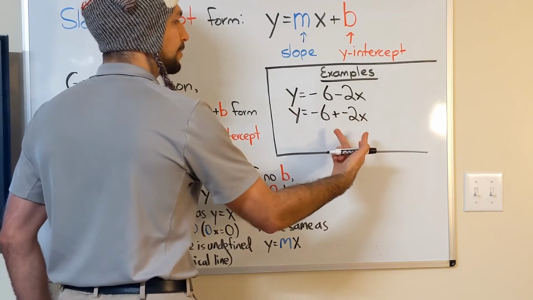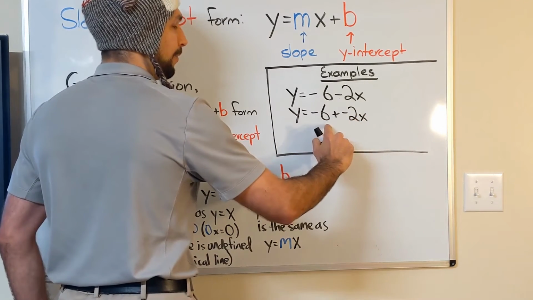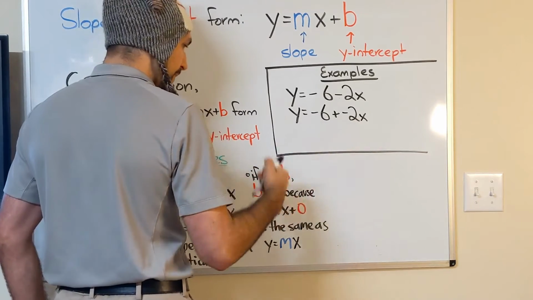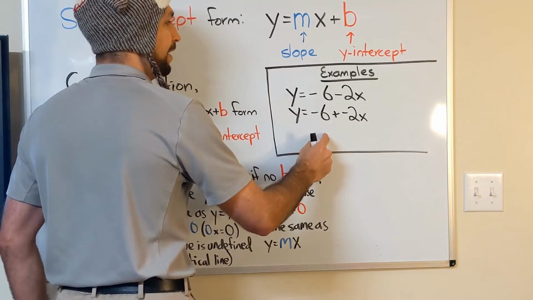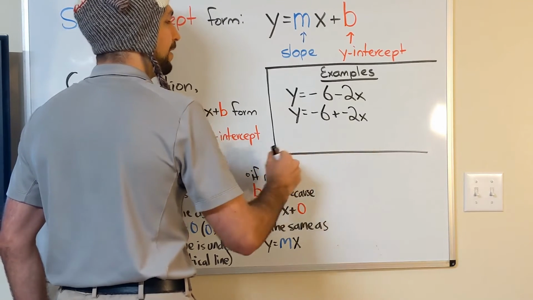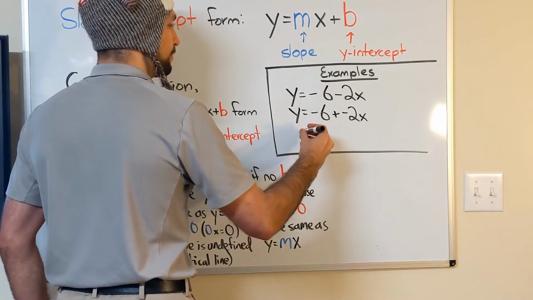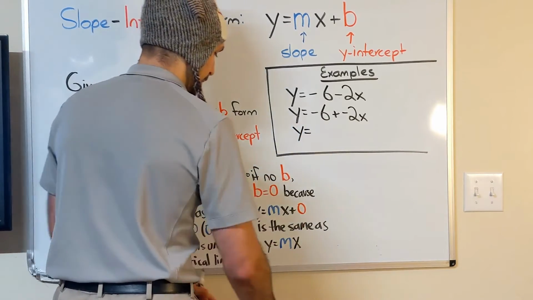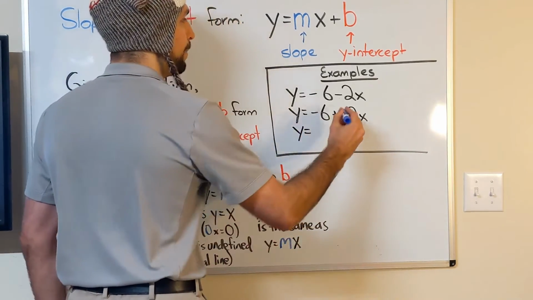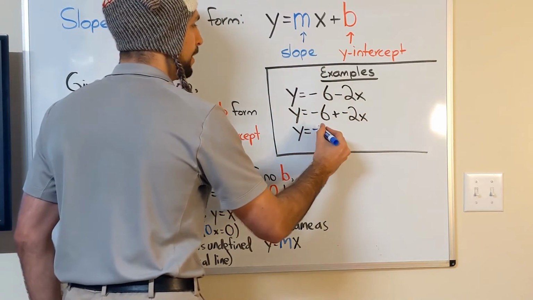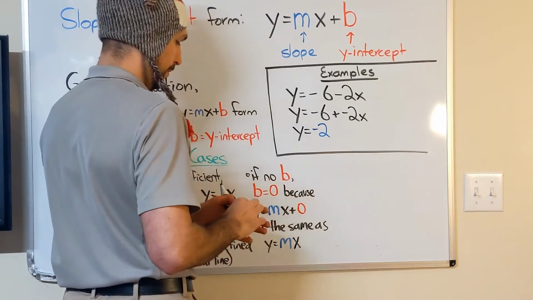Now let's move these two terms around. That works because, for example, 2 plus 3 is the same thing as 3 plus 2. Even with negatives, negative 5 plus negative 2 would be the same thing as negative 2 plus negative 5. So let's reorder these terms. y equals, and I'm going to color code as I go, my coefficient of x should be blue for my slope. Negative 2x,